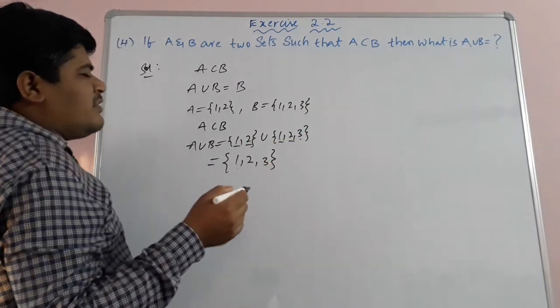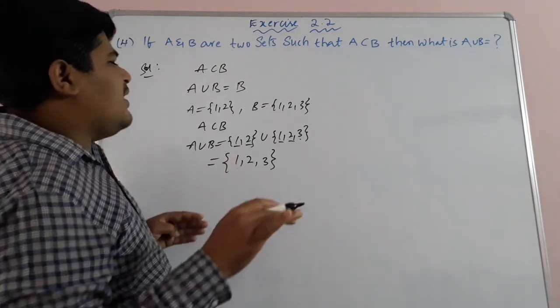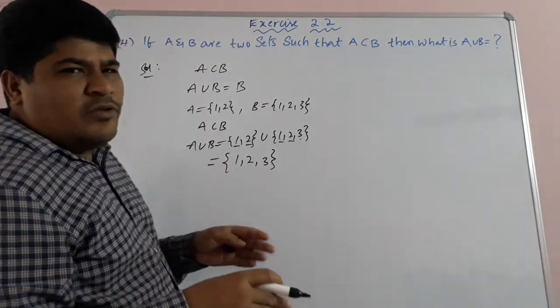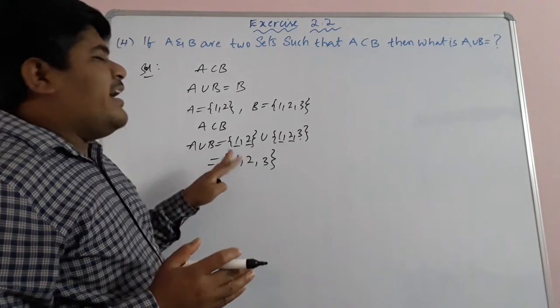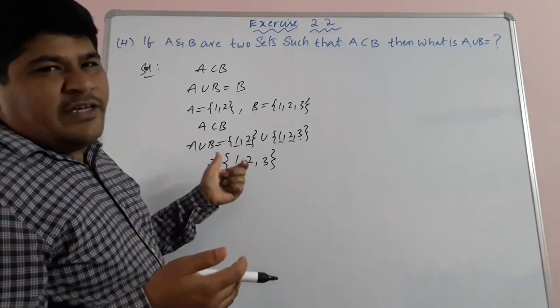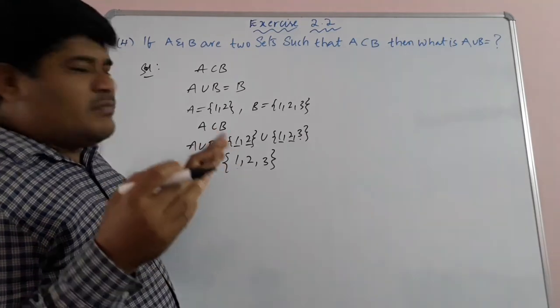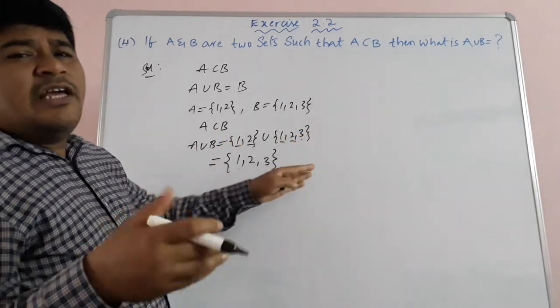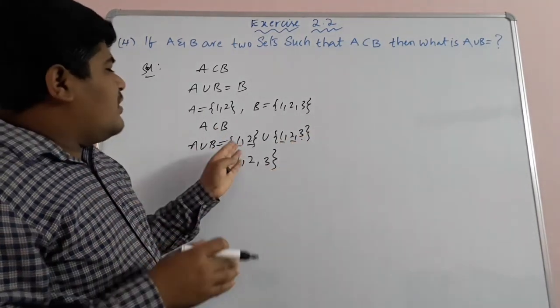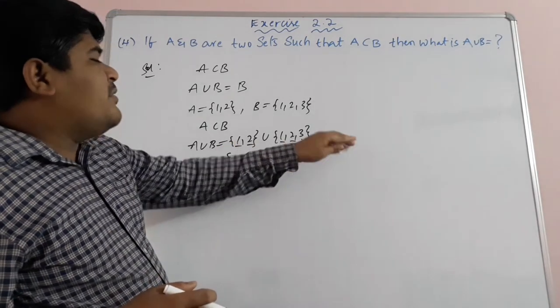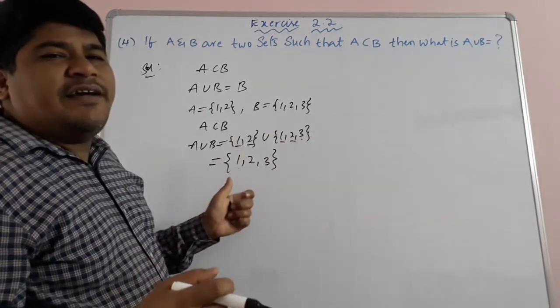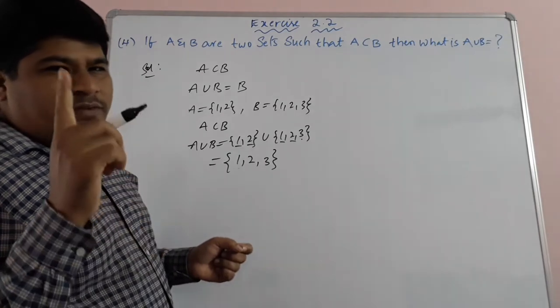Children, what is the rule of a set? Even if an element is there twice or thrice or more than one time, we should not take it as many times as it is given. Here only one time. If you take 3 sets also, even if an element is there 4 times, we will take it only one time. In a set, every element should come only one time.